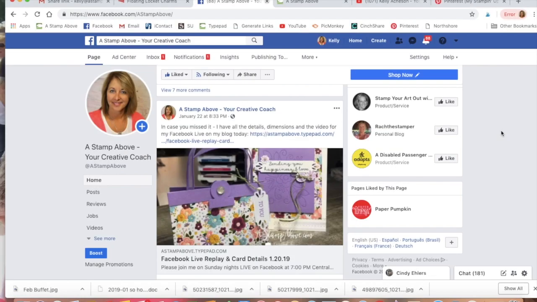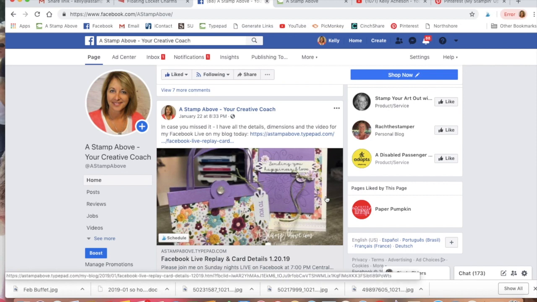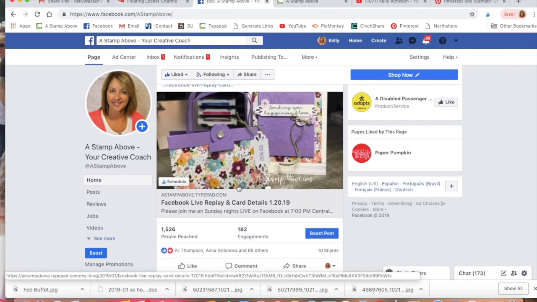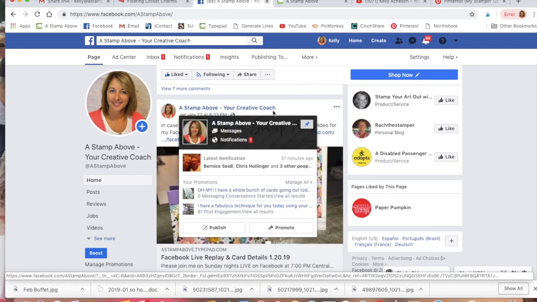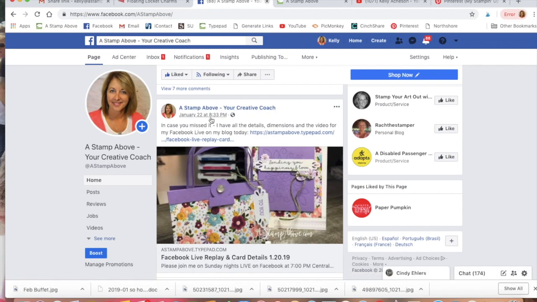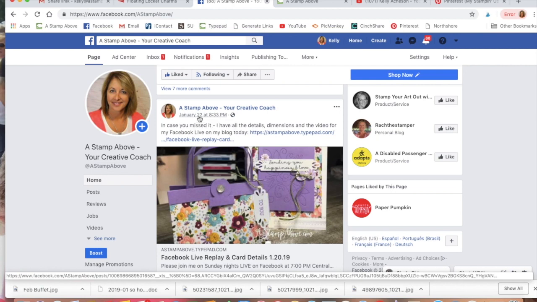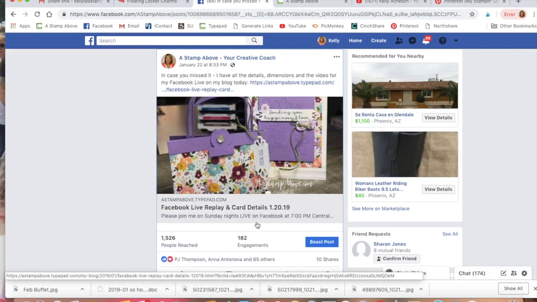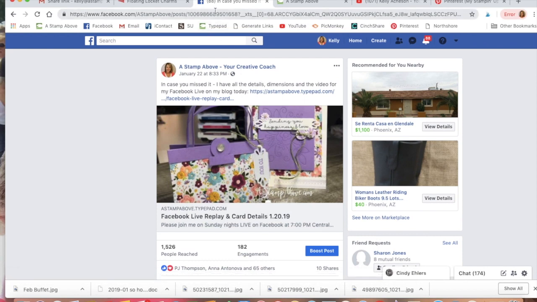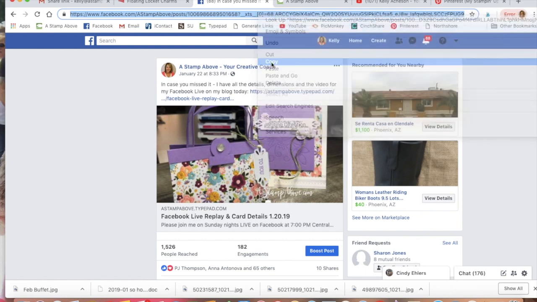Okay, so when I get questions from people about different cards, the questions will come from, I saw your little purse on Facebook and I have a question about it. And I've made a lot of little purses, so it's helpful if you can send me the link to what you're talking about. When you're on Facebook, if you notice there's a title right here. This happens to be on my Facebook business page. Right here underneath is a date, and when you click on that date, it takes you to the original post. Now, it doesn't really look like anything has changed, but what has changed is what's right up here in the address bar. Click on that,